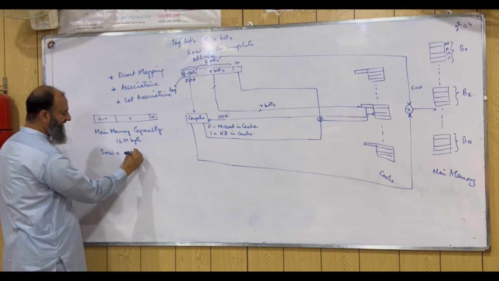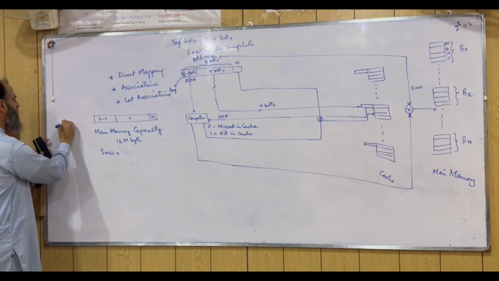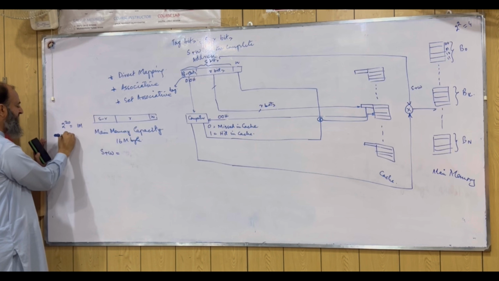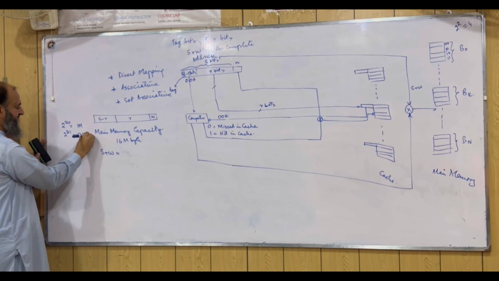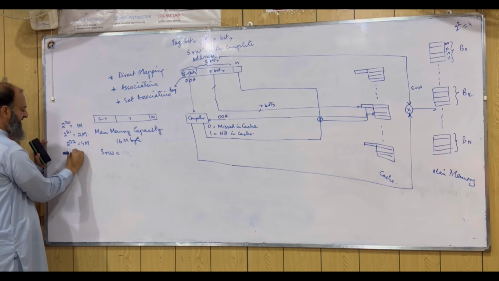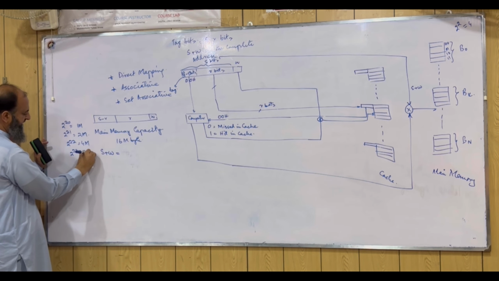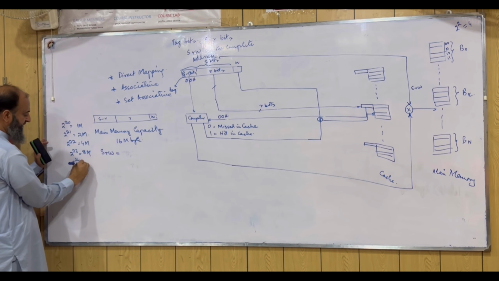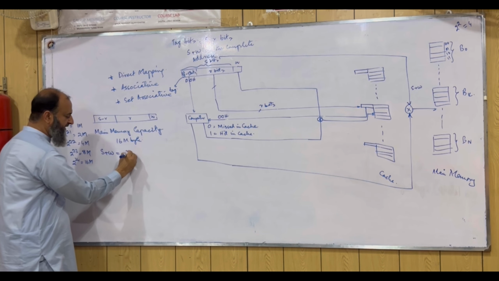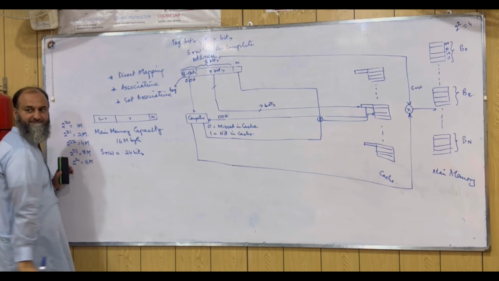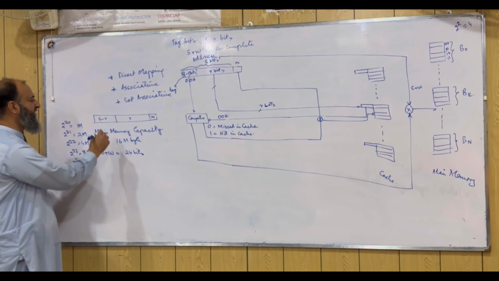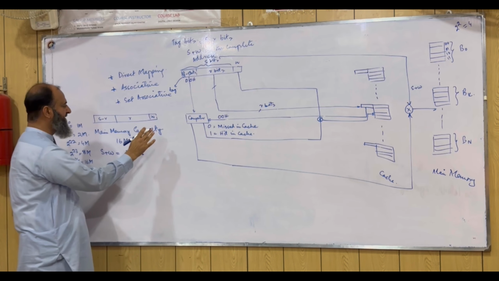So you see that 2 power of 20 is equal to 1 mega of the memory. 2 power 21 is equal to 2 mega. 2 power 22 is equal to 4 mega. 2 power 23 is equal to 8 mega. And then we have 2 power 24 is equal to 16 mega. For 16 mega, S plus W should be 24 bits. आगे बात 24 bits. Is it okay? So you see that all in all it is 24 bits.